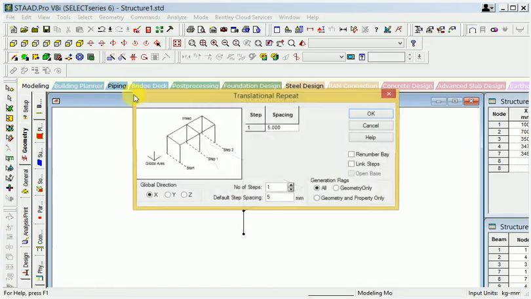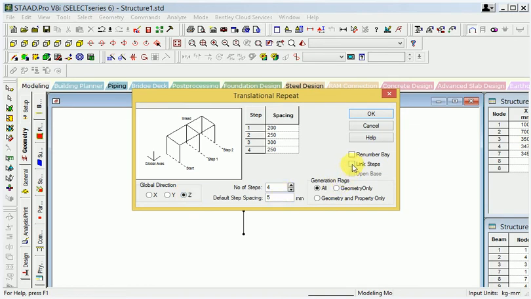So again I will go to translational repeat here. When I apply the number of translational repeats: 200, 250, 300, 250.